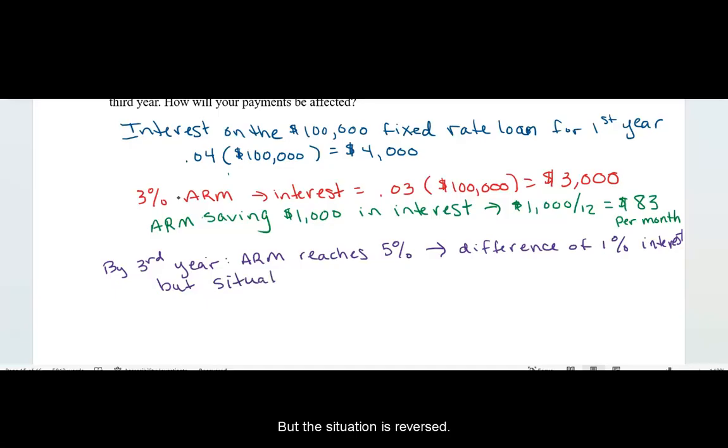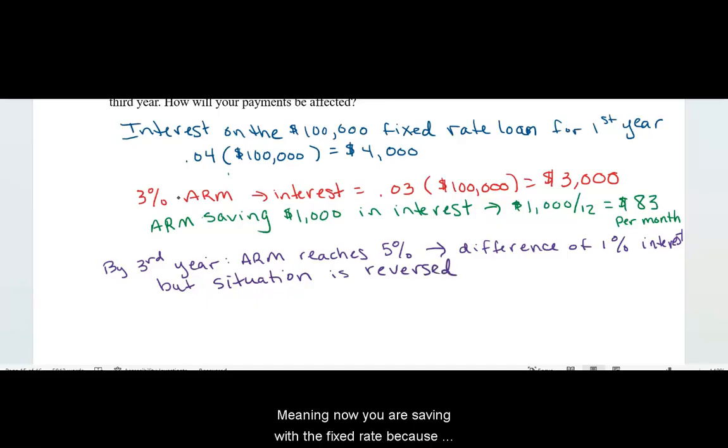But the situation is reversed, meaning now you are saving with the fixed rate because it's at 4%, whereas the adjustable rate mortgage went up. Yes, it went up 2%, but think about it. It's still a 1% difference looking at the fixed rate, but now reversed, where the fixed rate is 1% lower, whereas before the adjustable rate was 1% lower. So this is what we're saying. If you stick to the ARM, the adjustable rate mortgage, instead of saving,